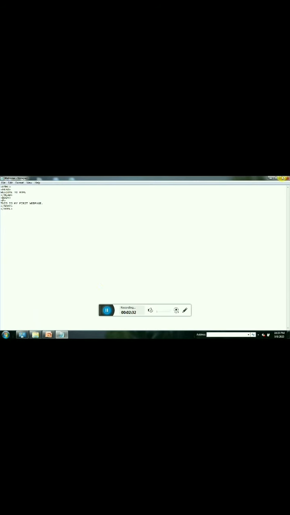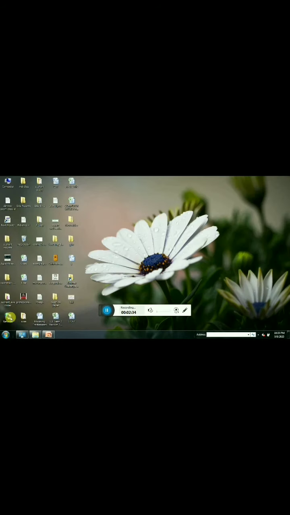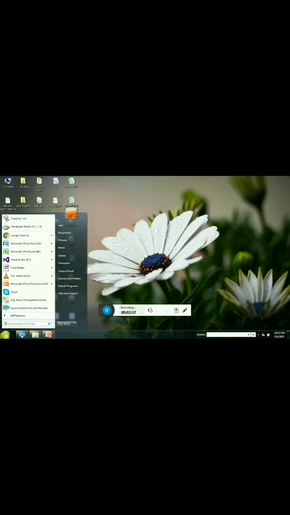Okay, now I will run my program. I will go to the location where I had saved my file, computer, then G drive, and here you will see welcome.html. See, here the file name is welcome and its type is HTML. Now I will open this file with any web browser. This file is set to open with Mozilla Firefox, but I am opening it with the Chrome browser, right? Right click, open with Chrome.